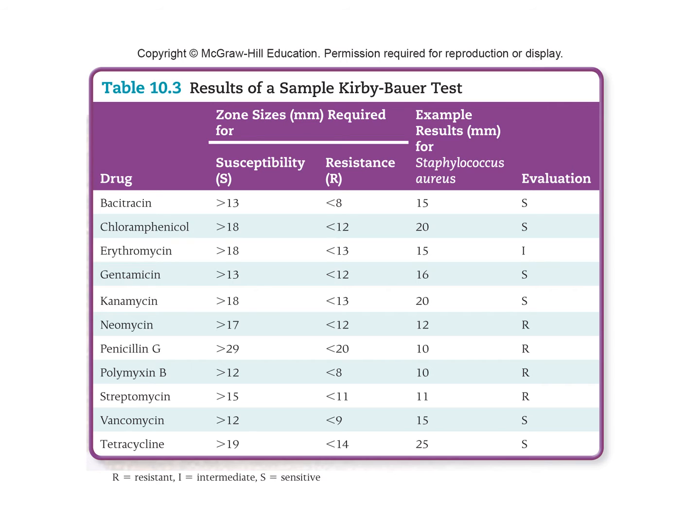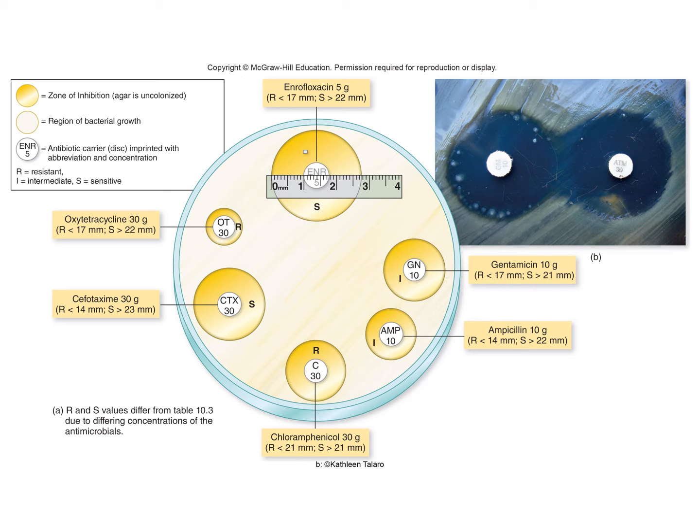Otherwise, all we would have to do is say, oh, they have E. coli. We give this medication. We're done. Well, actually, they have to look at what strain of E. coli you have and then figure out what strain or what medications are going to work for the E. coli you have.